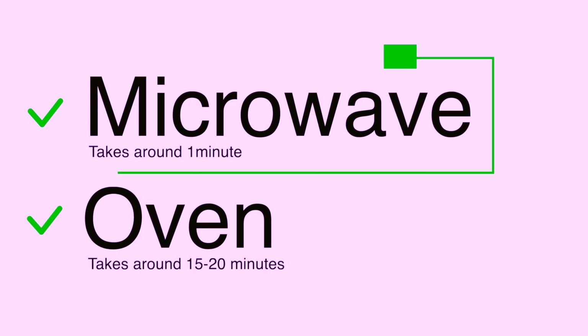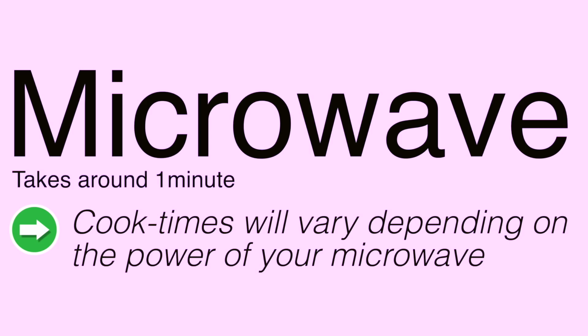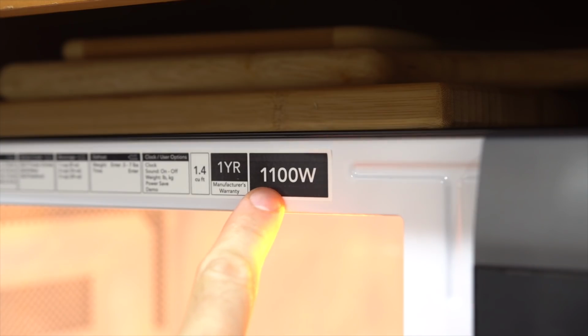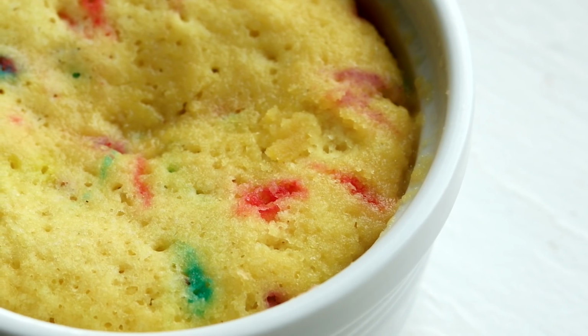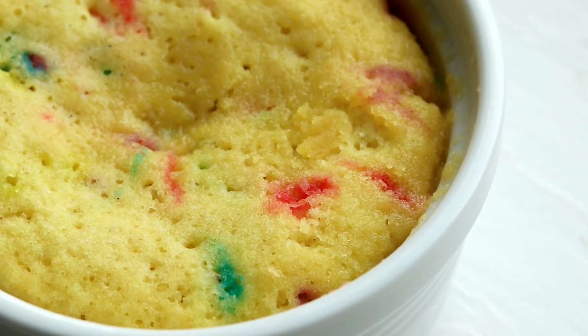If you want to make this cake in the microwave, the first thing you need to know is that microwave times will vary depending on the power of your microwave. Mine is 1100 watts and around 40 seconds is the perfect amount of cook time for this keto mug cake. However, I do add 5 to 10 seconds extra if the mug cake needs more time. And by the way, you'll know it's done when just the center of the cake looks ever so slightly wet